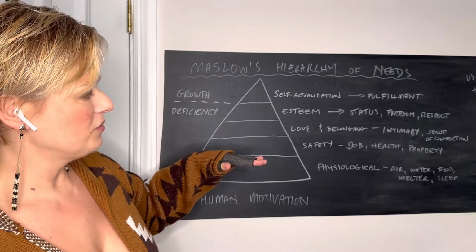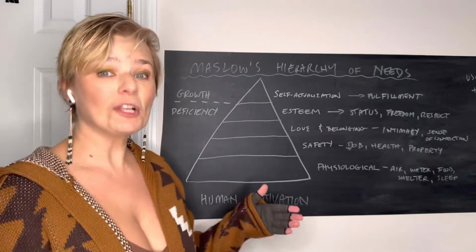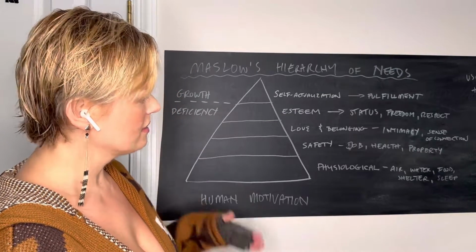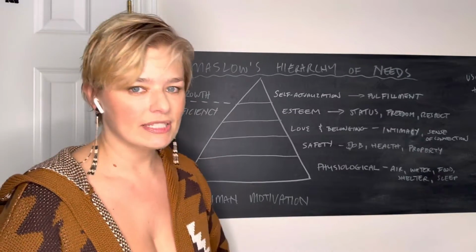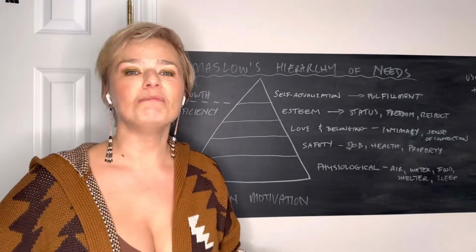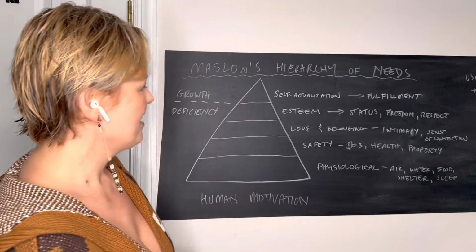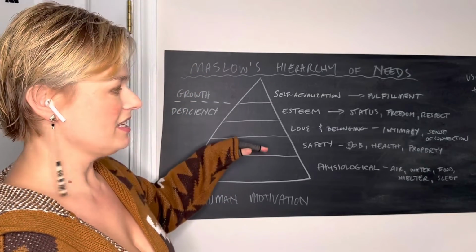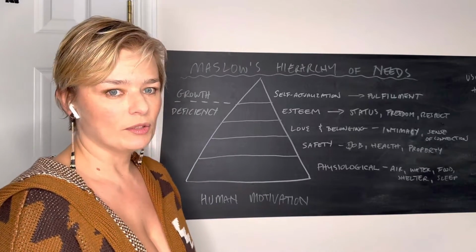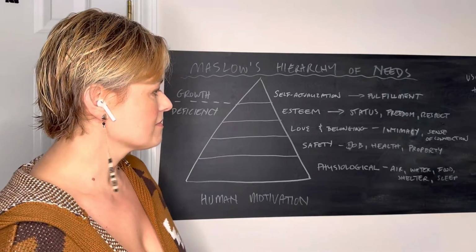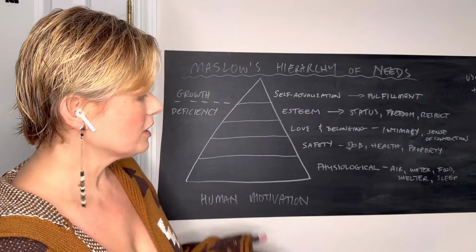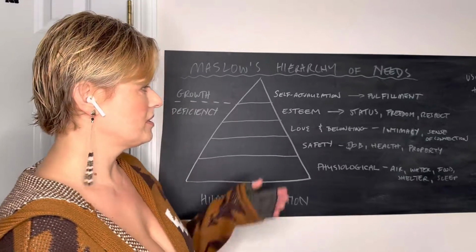First and foremost, you need to fulfill your physiological needs, which I think all of us should agree are pretty freaking important in order to do anything else. And those are things such as air, water, food, shelter, sleep. So all the basics, so that this sack of meat and bones can function. After that, it's your safety needs. So things like your job, your health, property, so ownership of things. After that, we have love and belonging, and that includes intimacy, sense of connection. So this is where community lives.